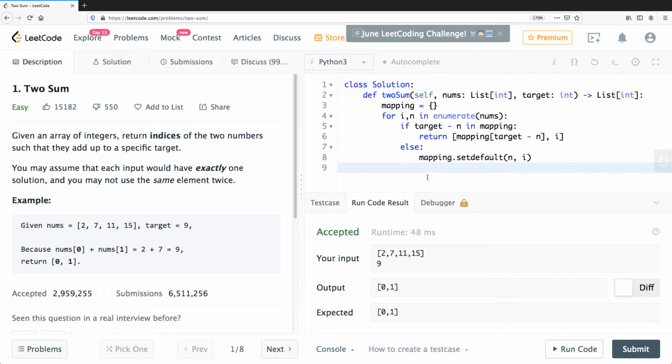But what I'm wondering is what happens if we fall through this for loop and the target minus n is never found, so that means we would never return. So what would this function return? It would end up returning None, which is not a good thing, because remember the signature on line 2, which